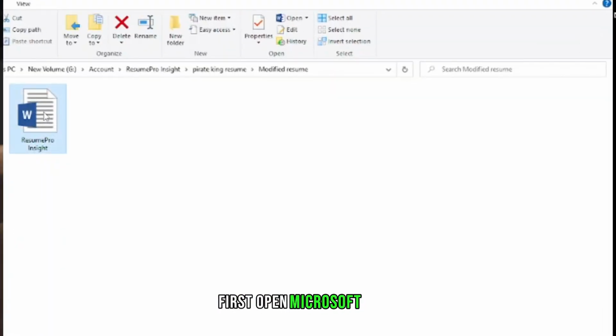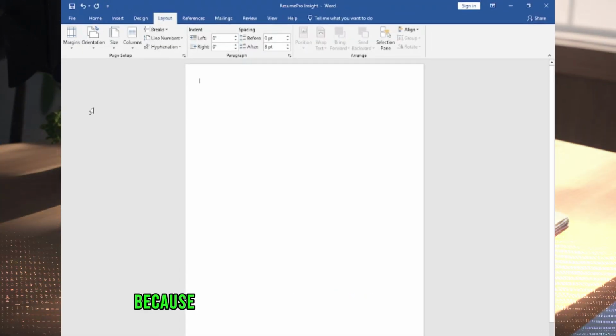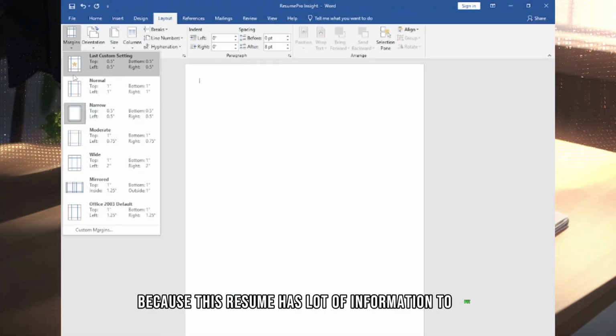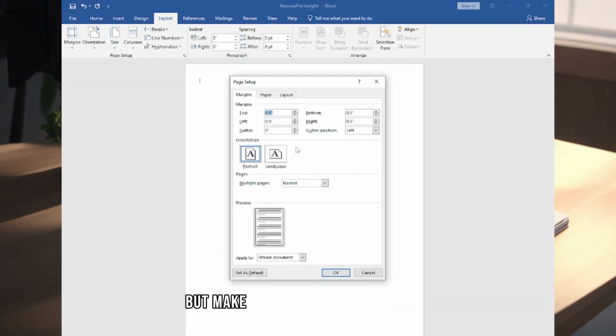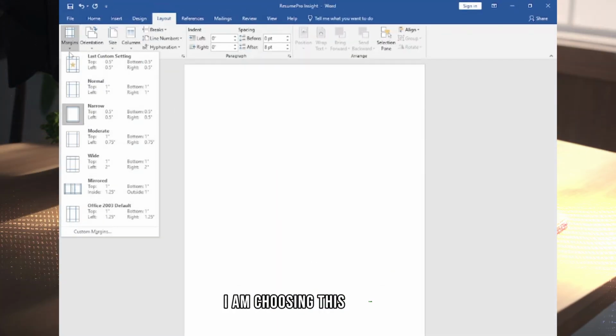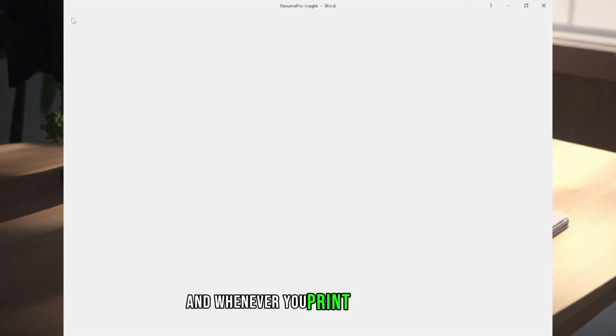First, open Microsoft Word. Go to Layout, select Margin, select the Narrow option, because this resume has a lot of information to put. Or you can select the Normal option, or adjust according to your need, but make sure it looks professional. I am choosing this option, then go to Size, select the A4 option, and whenever you print this format, make sure